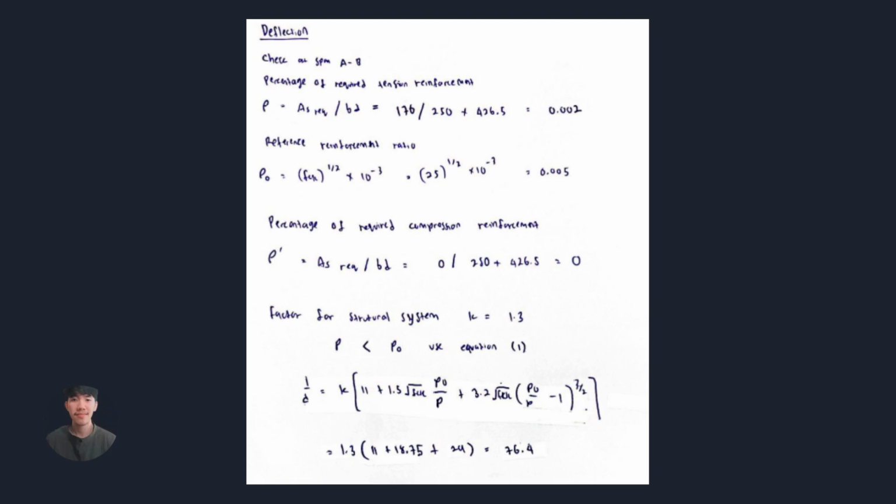For the deflection, we need to check at span A to B, and the p we get 0.002, the p naught we get 0.005, and for factor for structural system, K equal to